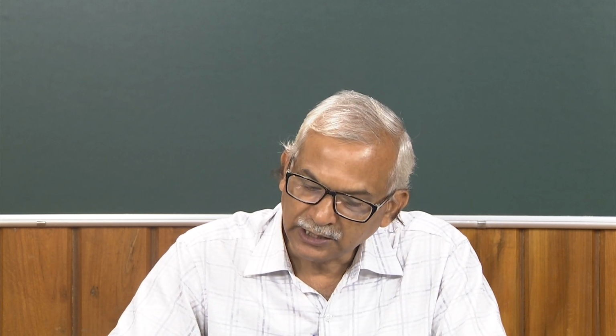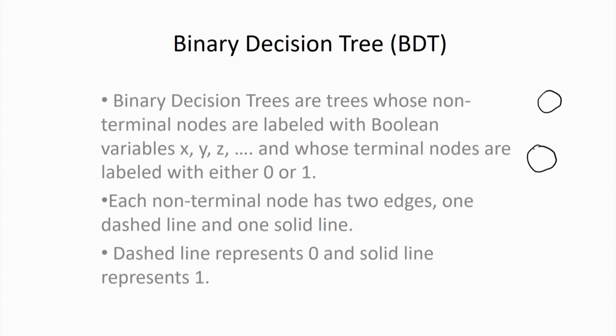This is one thing. So, it is having non-terminal nodes. If I am having a function of a, b, c, then these non-terminal nodes will be marked with those particular variables a, b, and c. Along with that, it is having terminal nodes. Terminal nodes are denoted by a box, and they have the value either 0 or 1. If it is 0, that means the functional value is 0 with respect to this particular evaluation, and if the functional value is 1, then we say this is the terminal node 1.